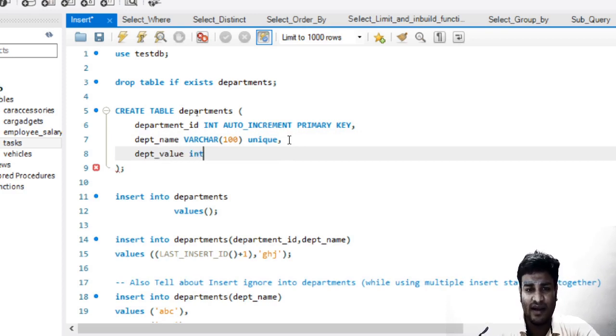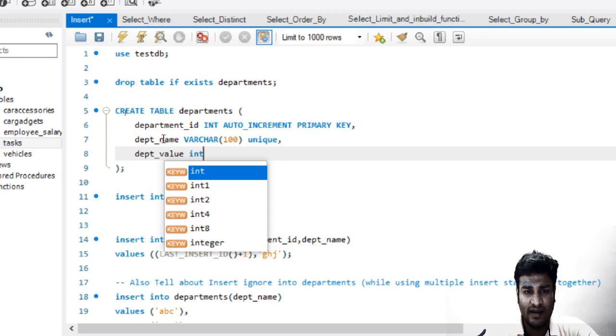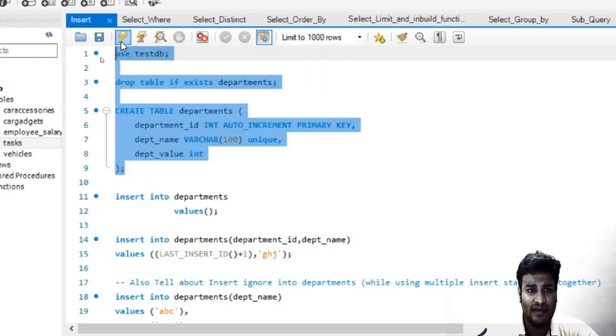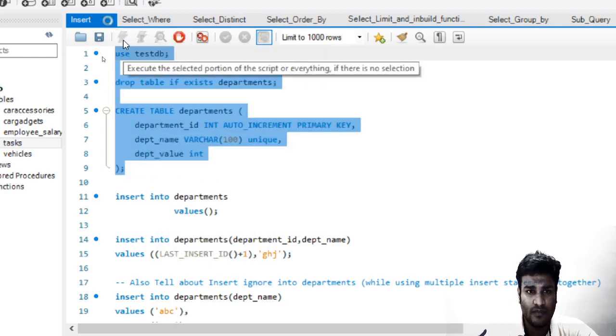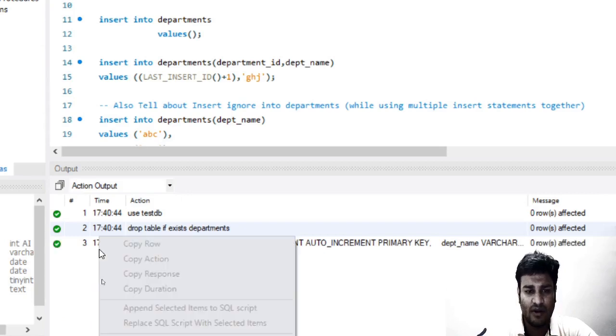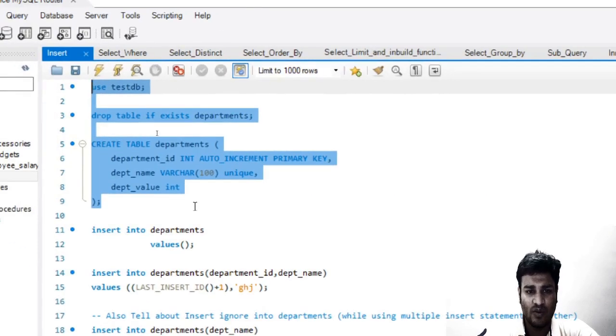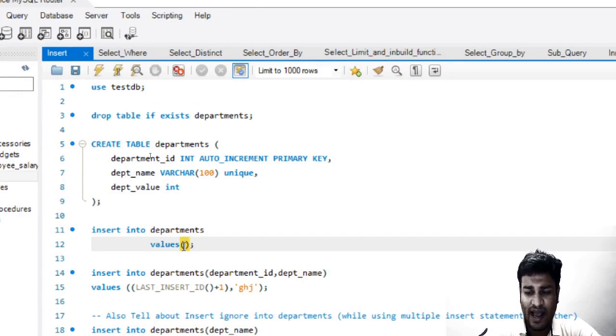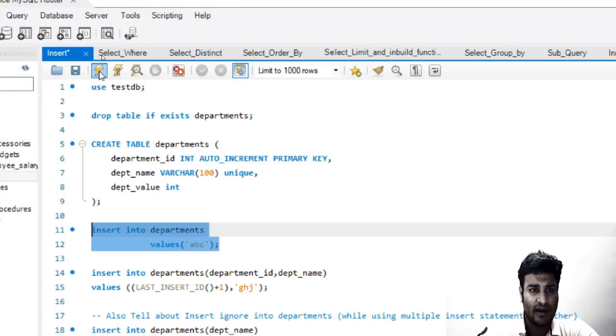It can be anything, right? I'm just giving it randomly int, and let me go ahead and create this table again so that the new table also has this department value. And let me go ahead and insert the value into this table, say ABC department, and let me run it.